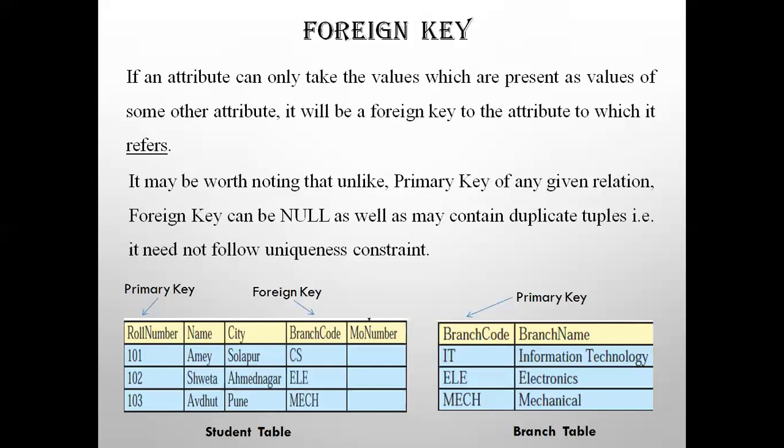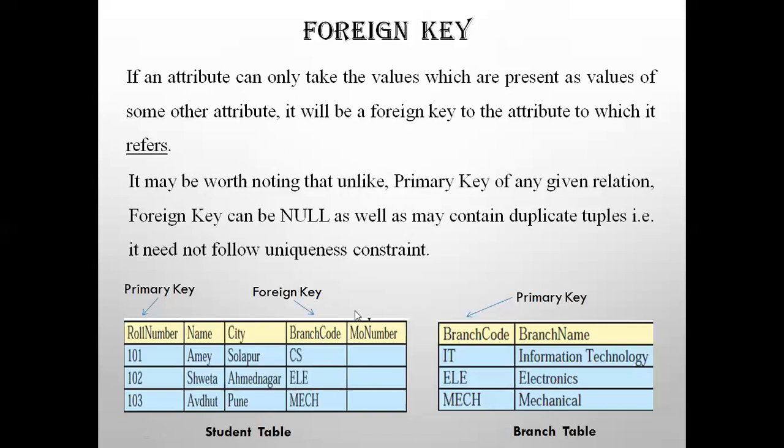If the table branch is the name of the table, and here you have the student table. So the branch code is the primary key in the branch table, but it acts as a foreign key in the student relation, and the student relation has the roll number as its primary key field.